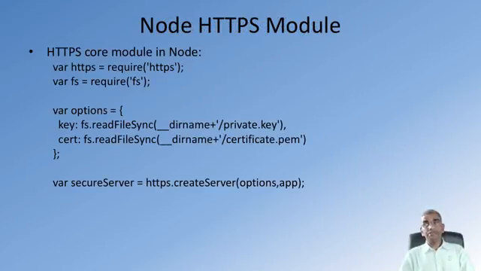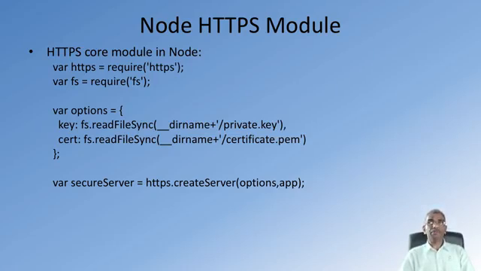How does Node itself work in helping us set up the HTTPS server? Now, this is where I am briefly reviewing the code that we will use in the exercise that follows in order to set up our server. Node itself has HTTPS as a core module within Node. So we will set up HTTPS by requiring this core module. We will also use the file system core module because the private key and the certificate that we generate will be stored on our server side, and they will be required by your Express application